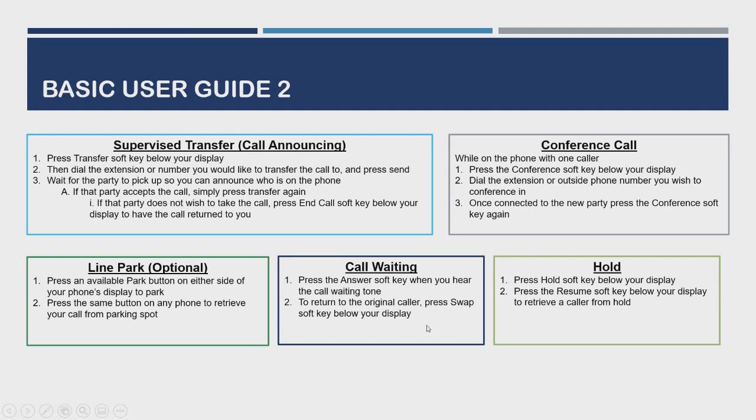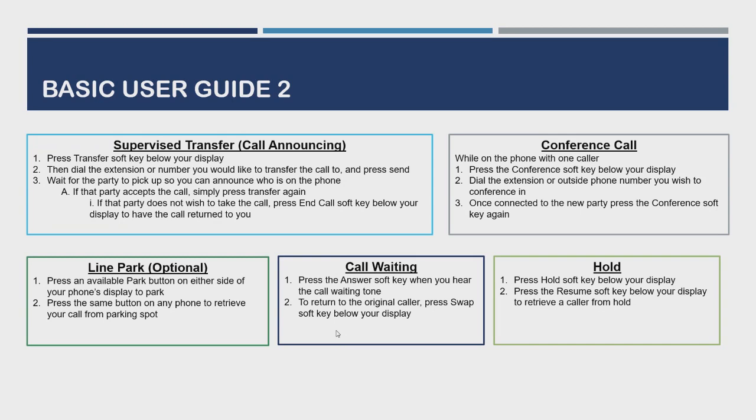There's a call waiting feature on the system. So if you're on a call and you get a direct dialed call, somebody has dialed your extension, that's a direct call. You will hear a call waiting tone in your ear because you're busy on the phone. When you get the call waiting tone, look at the display on your phone, and it's going to show you two windows, one of the current connected call and one of the incoming call. That also displays the caller ID information,